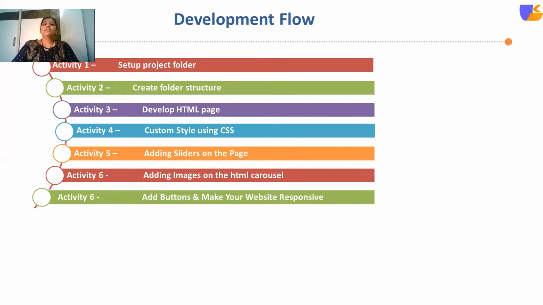So the very first thing you have to understand is that you have to set up the project folder. Then the second thing is, once you have created the folder structure, the arrangement of programs inside that folder. For example, you create a folder called website development. Then under that, you create multiple folders, like one for images, one for storing the CSS files, one for storing the JavaScript code. And if you have downloaded any plugins required for development of applications, they are also stored separately inside the main folder. So this is the main step considered for creating the